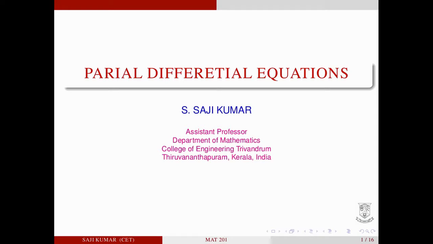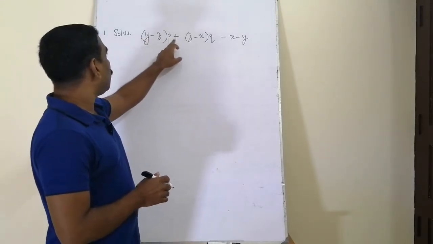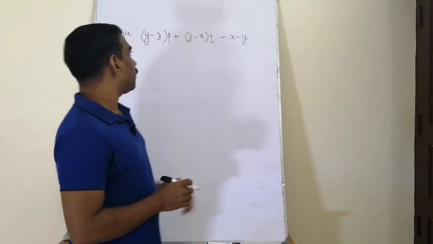Welcome back. In this class we will solve Lagrange's linear equations of the first order using the method of multipliers, a combination of multipliers and a grouping method. Consider the question: solve (y minus z) p plus (z minus x) q is equal to x minus y,